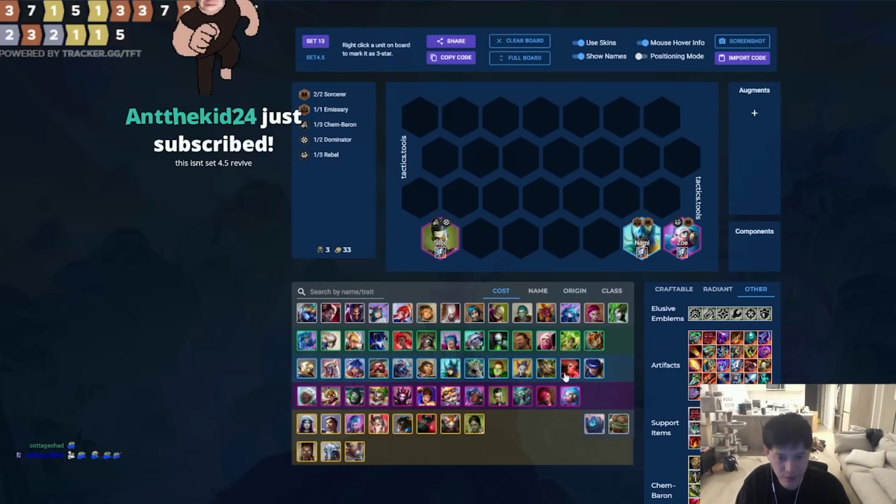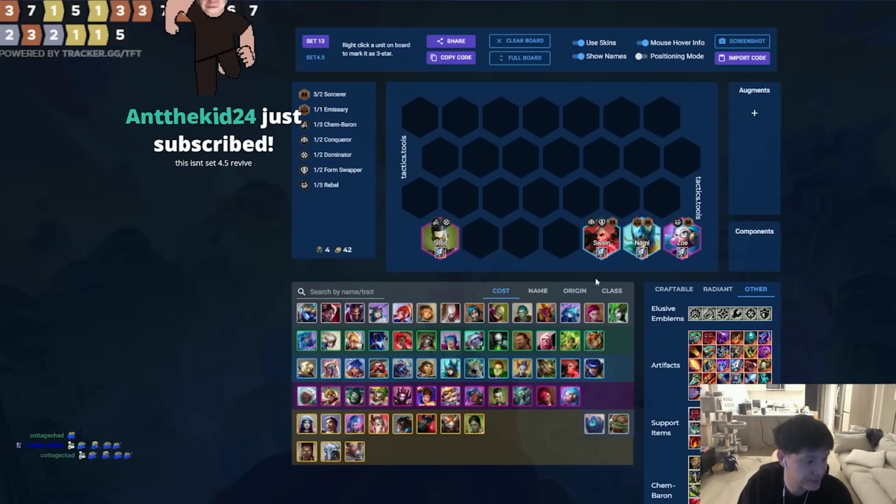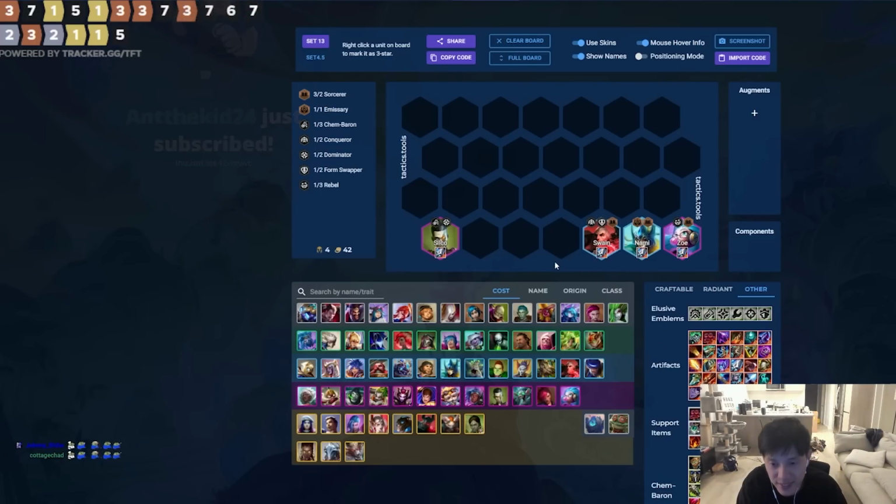Congrats, super good. Challenger. Backline TFT. Swain with Manazane is Giga Broken. This isn't set 4.5 revive. So Manazane is techable. If you have like a Lux 2, Zyra 2 opener, you can definitely take Manazane and